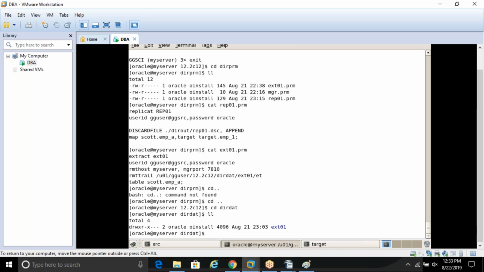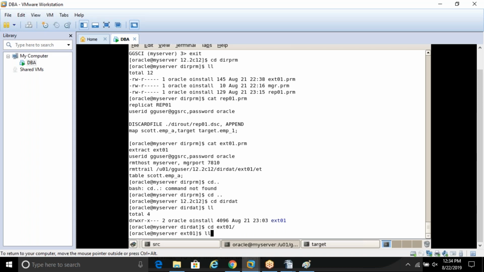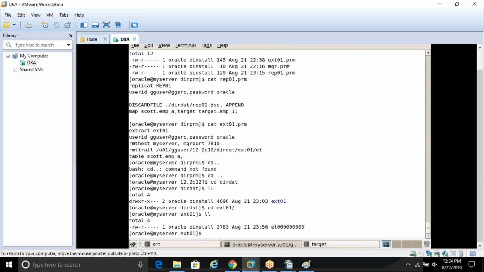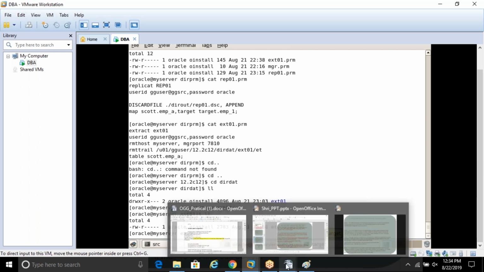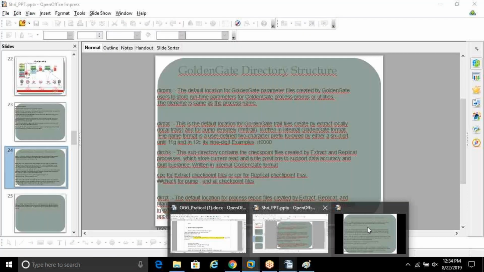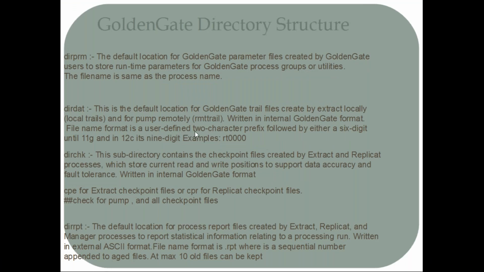Can you explain dirdat once again? Now I'm going to the subfolder and you can see the trail file here, that is in dirdat. And as you can see, the format is two character prefix followed by either six